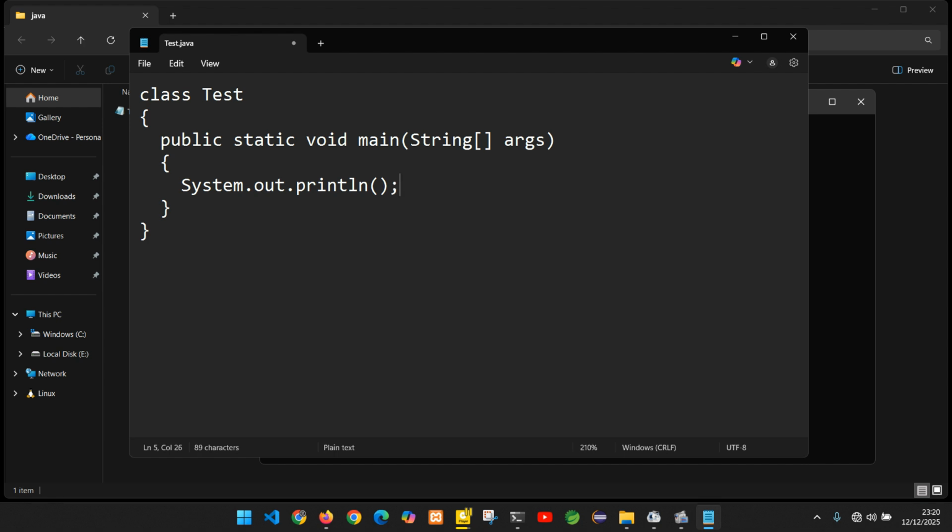If you want to print something into the console, you need to write this line. I'm going to print my name, Sihan. Save, Control S, and then